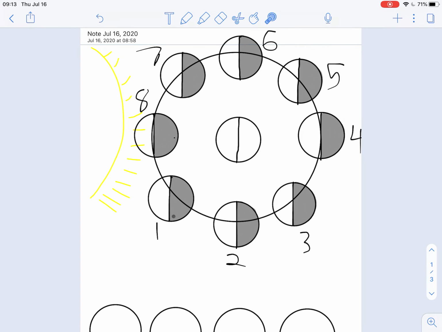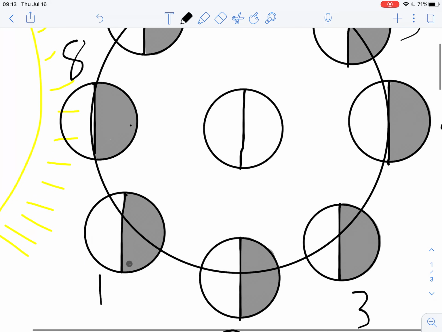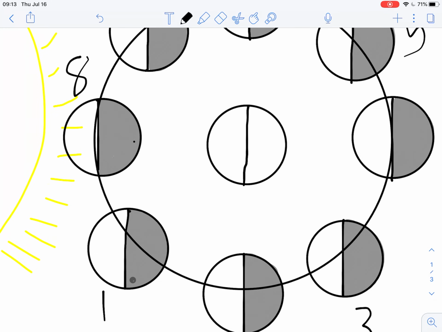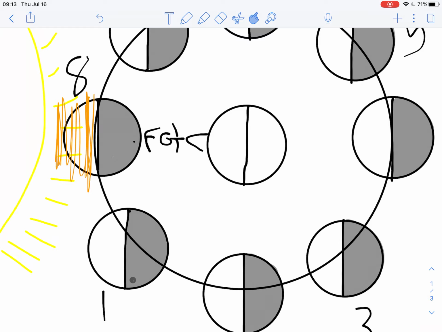So the first thing we're going to do is we're going to imagine that we're a little person, right? And we're looking up on Earth at position, we'll start with position 8 actually here. Okay, so if I'm a little person, I'm looking up, I can only see the side of the moon that's facing me. So that means, I'm just going to change my color here for a second, I can't see this side at all, right? So that means that when I'm looking at position 8, all I'm seeing is a completely